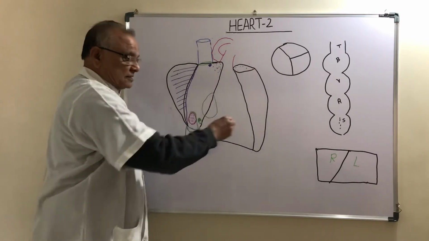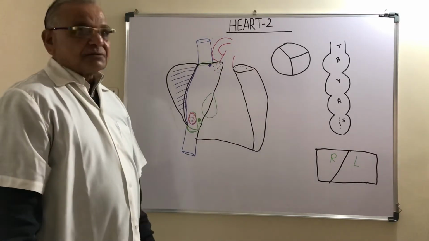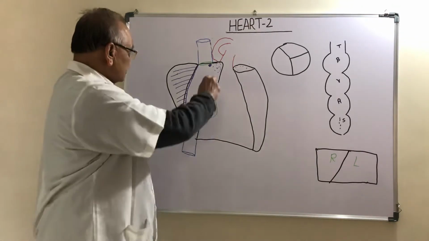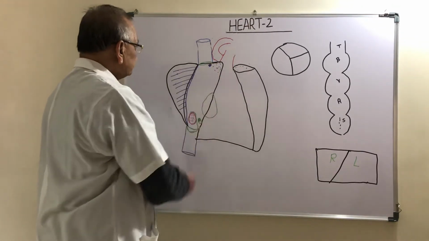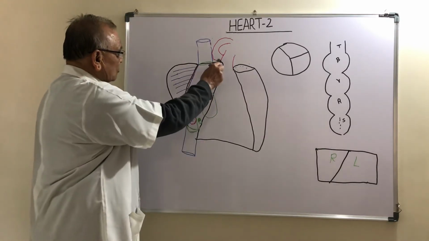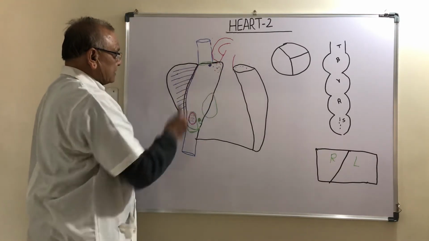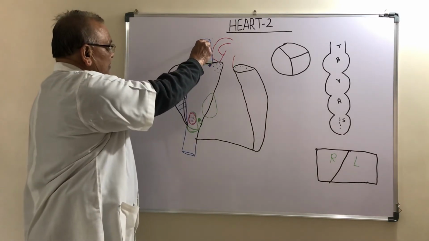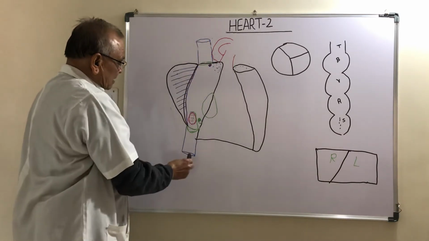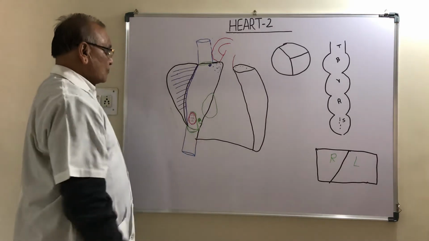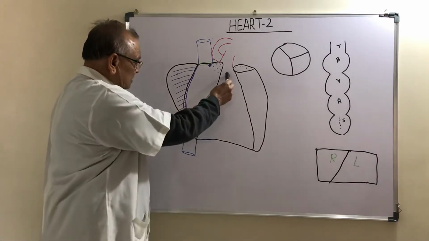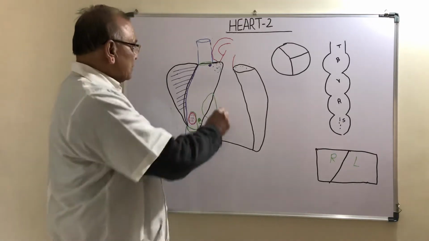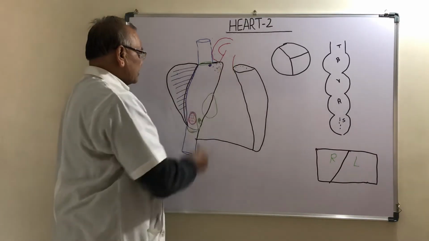You are familiar with this figure. This is the front view of the heart. This is the right atrium. This projected part of the right atrium is called the auricle of the right atrium. In the right atrium, two venae cavae open: from above, the superior vena cava, and from below, the inferior vena cava. This is the right ventricle. When the right ventricle contracts, it pumps blood into the pulmonary trunk.